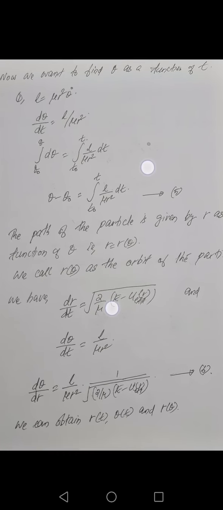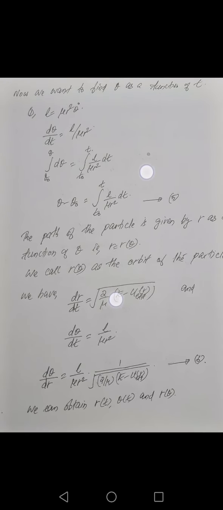What we are getting on solving this integral is r as a function of time, the small r. Remember what is small r? The distance between the center of mass and the origin. So we will get the variation of r with time by solving this. Now we want to get the similar thing for theta, how theta varies with time.